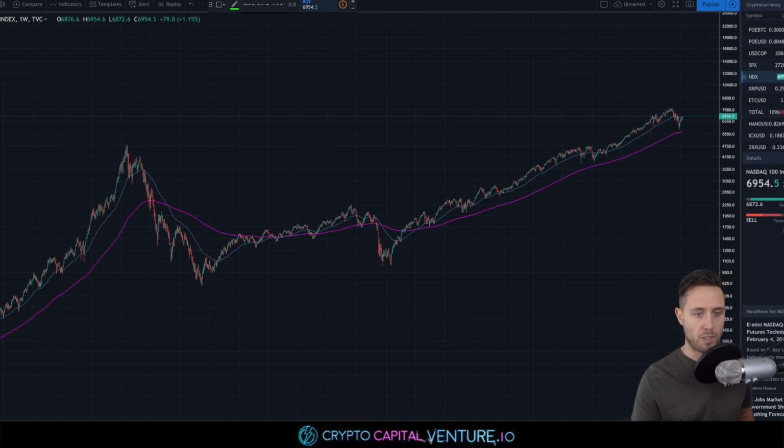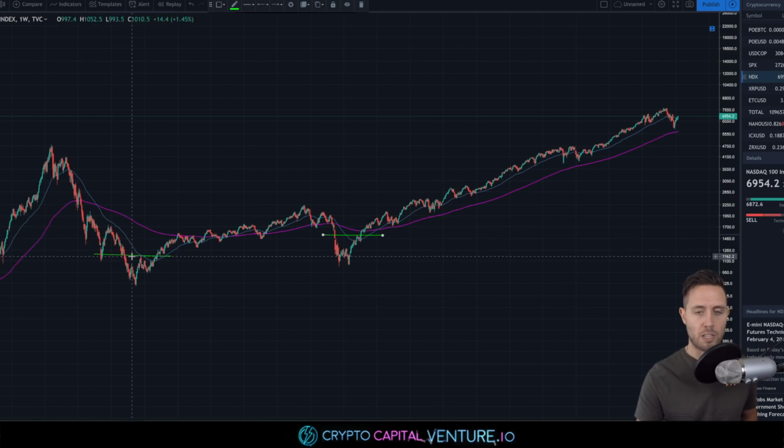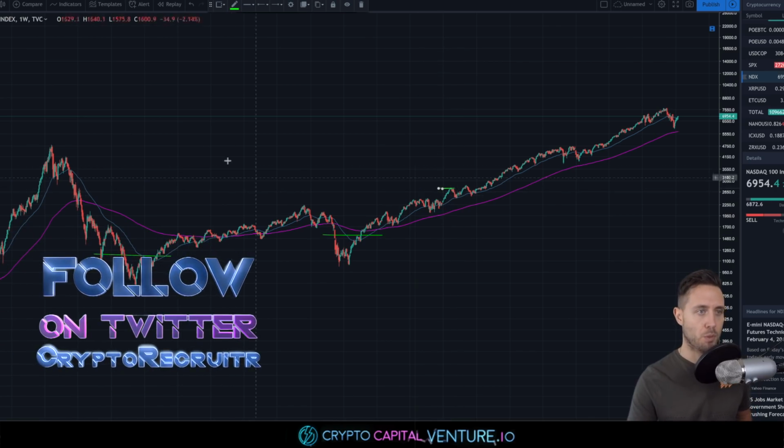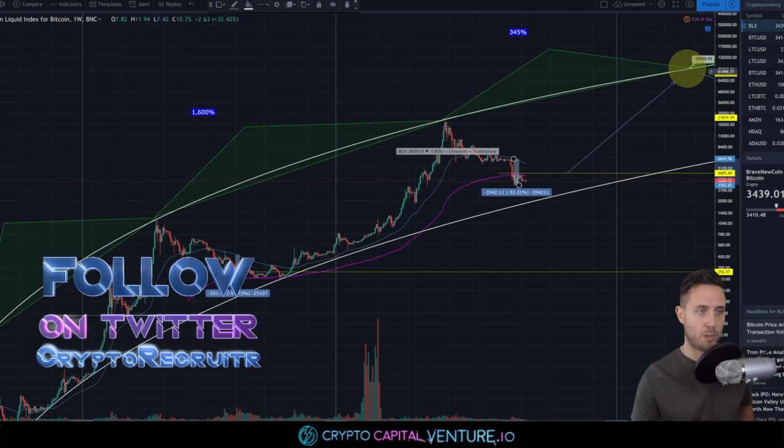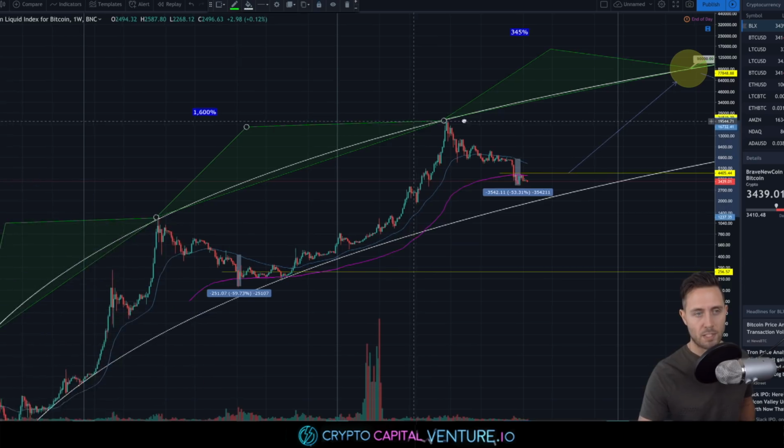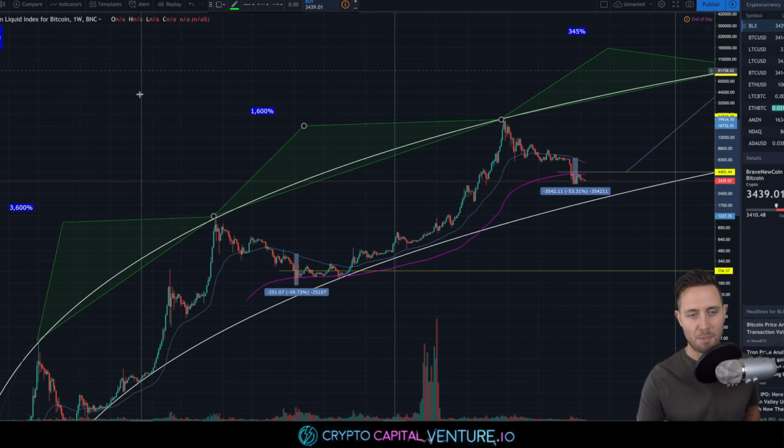So would this have been a good time to accumulate? Overextended from the 50 EMA on NASDAQ. Obviously tough times, bear markets, volatility, but that is when you accumulate. You don't necessarily want to be so keen to accumulate at the tops in a bull market, in a bull run, similar to Bitcoin. You don't want to be so keen to buy the top, right? We hear about that happening so often, FOMO.